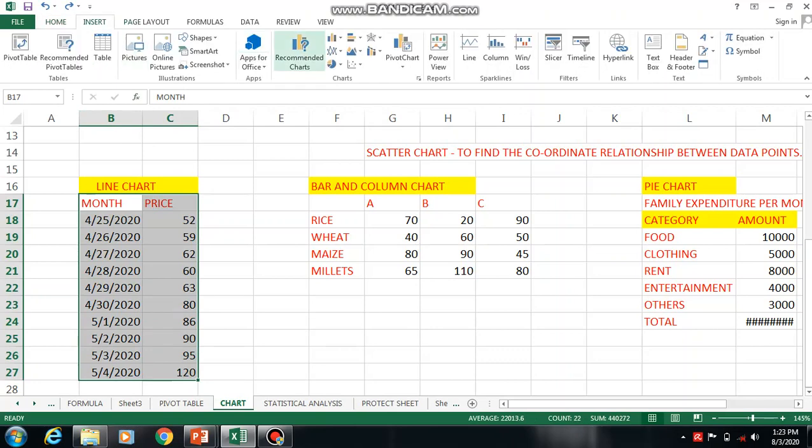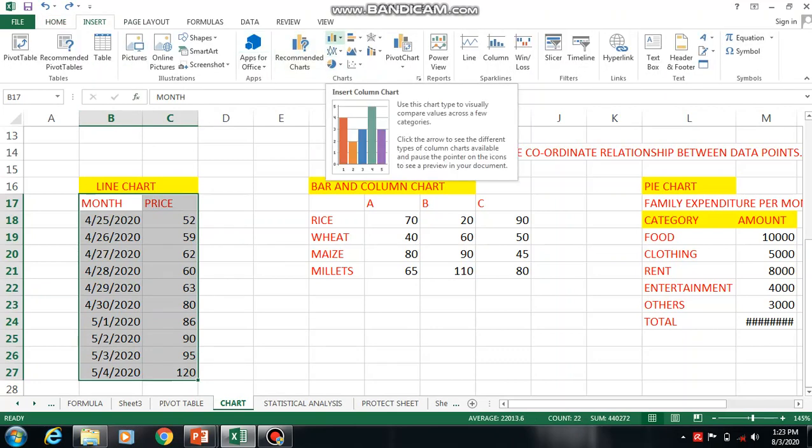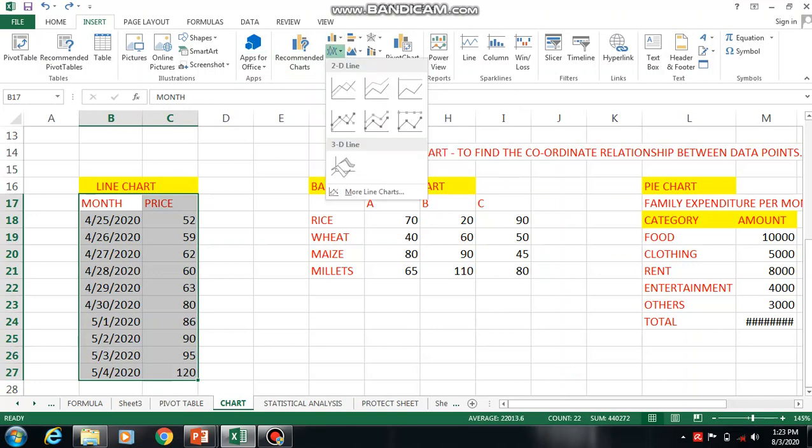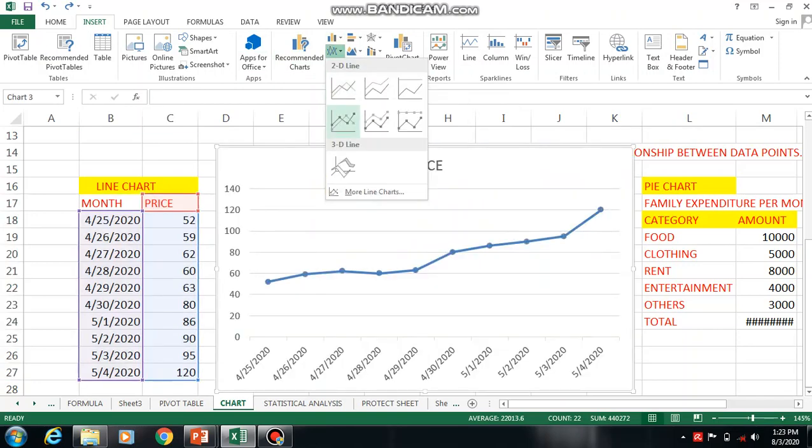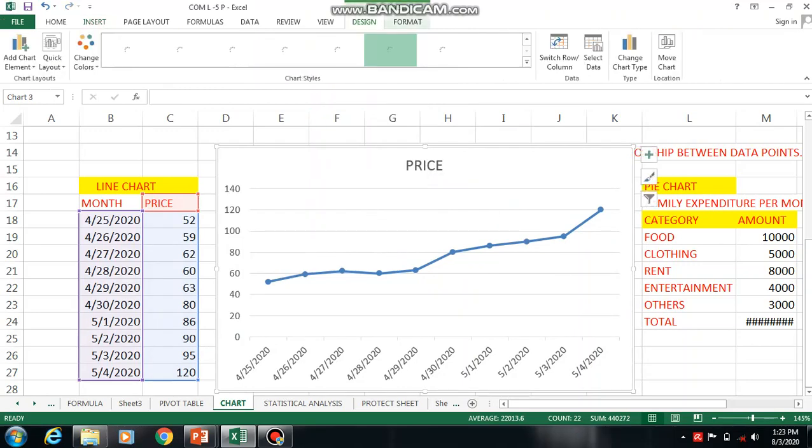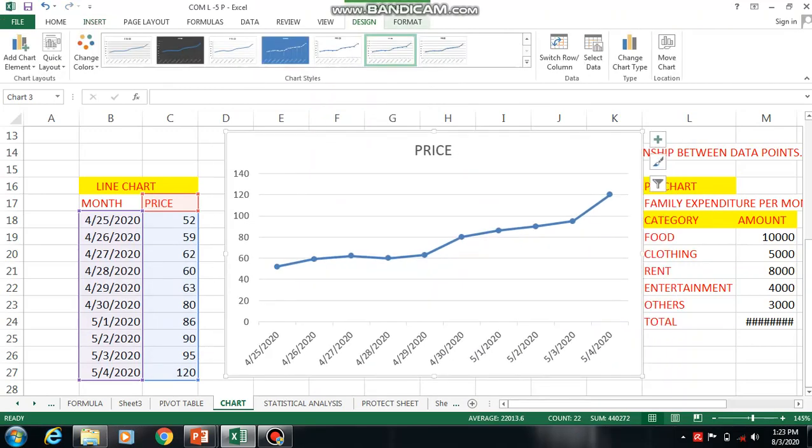In Insert you will have the Line chart option, and then you choose 2D or 3D based on your wish. Here you can see the trend based on the year and month.